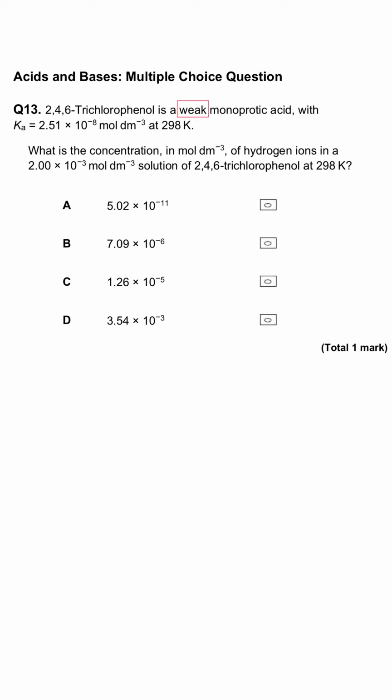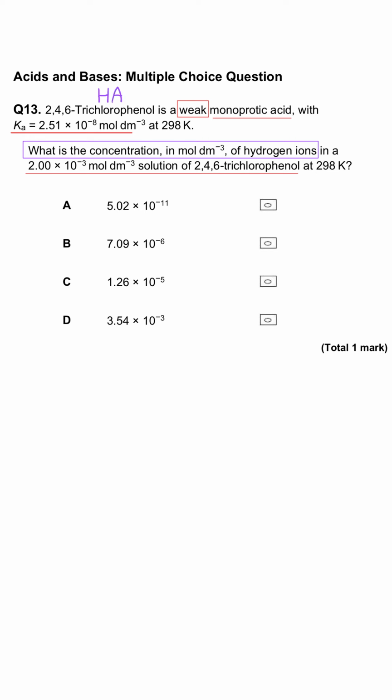2,4,6-trichlorophenol is a weak monoprotic acid with a Ka of 2.51 times 10 to the minus 8 moles per decimeter cubed at 298 Kelvin. What is the concentration in moles per decimeter cubed of hydrogen ions in a 2 times 10 to the minus 3 moles per decimeter cubed solution of 2,4,6-trichlorophenol at 298 Kelvin? When we're answering a question like this, we can take some shortcuts, so we don't need